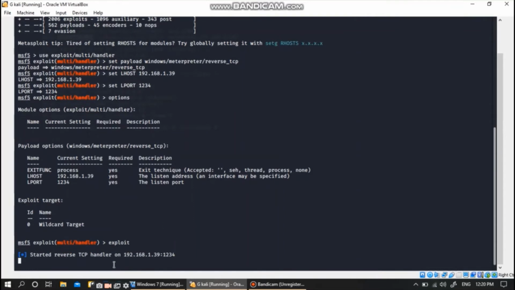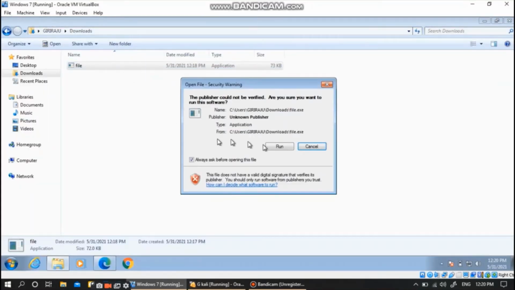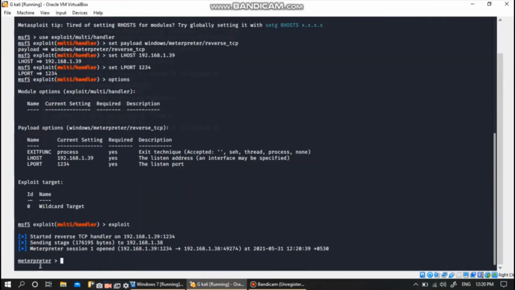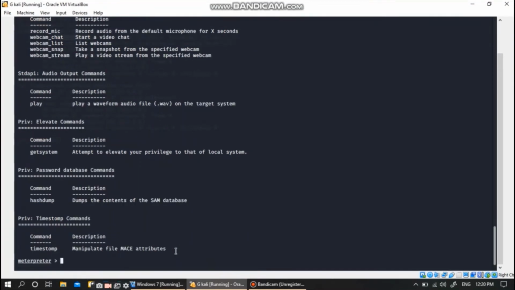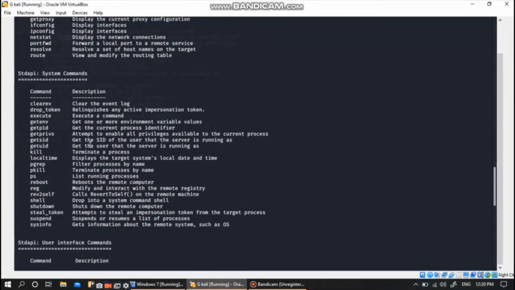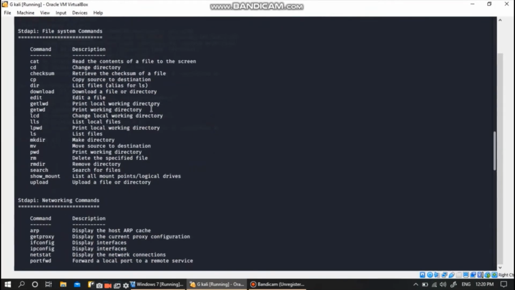So after giving exploit, we have to just install the infected file in the victim's machine. So now we have opened the infected file in the victim's machine, and the system gets hacked. So Windows 7 is hacked now. These are the several options that are available for performing certain operations. Now we'll be performing several other operations, like